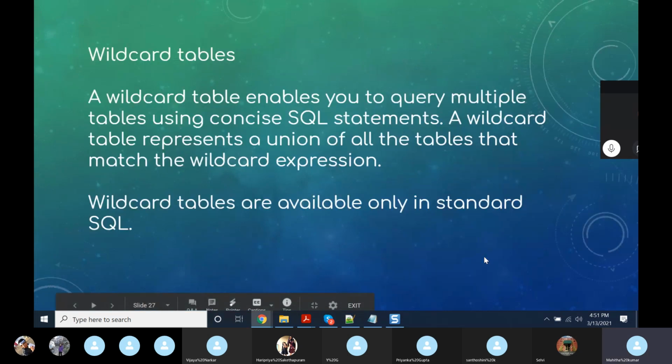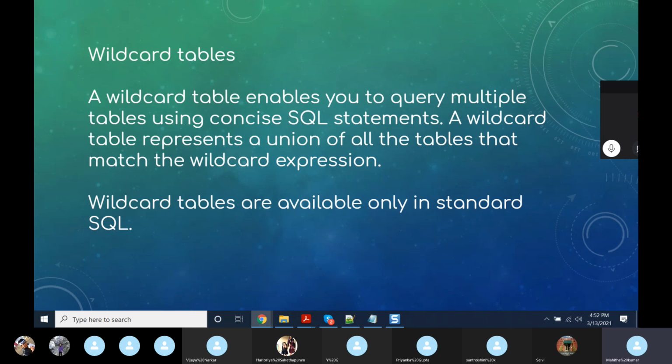Wildcard tables are the tables we get when we union the matched tables. If we have a lot of tables in the dataset with the same name, then we can work on them together with a single query.